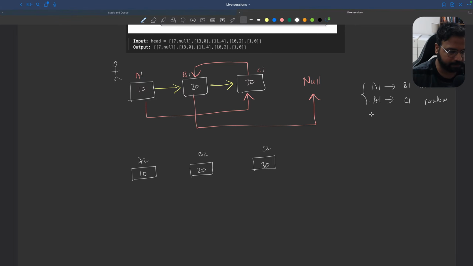So based on this information, we need to say that A2 will be connected to B2, and A2 will be connected to C2, the random pointer. Random pointer of A2 will go to C2, and next pointer of A2 will go to B2, right? So if we create this mapping,